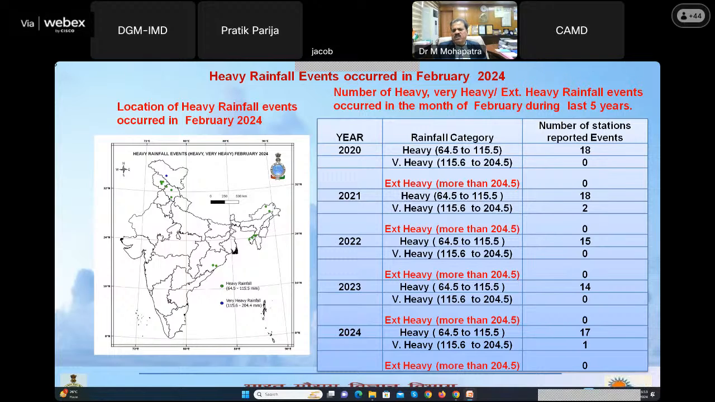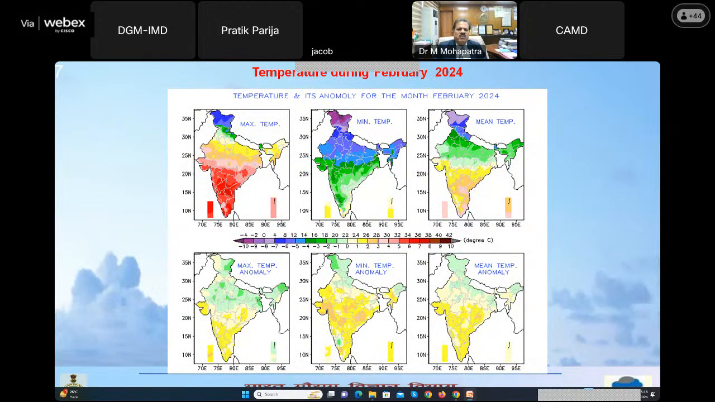If I compare with the previous 5 years, the total number of events, 17 plus 1, that is 18, is almost the same as in previous years. Like 2020 and 2021 we got similar numbers, and a little less in 22-23, and this year also it's like that. Now, let me compare the temperature and its anomaly, meaning deviation from the normal conditions,